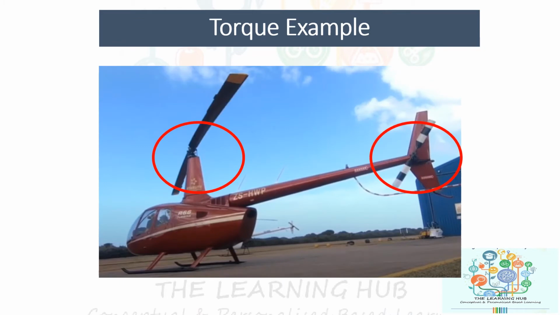Now we'll try to understand a torque example: why some helicopters have two propellers. The main rotor creates lift by redirecting the flow of air downwards. Therefore, the torque tends to turn the helicopter in one way, and the tail rotor thrust opposes this, turning the helicopter in the opposite way. If the tail rotor thrust gets reduced, the helicopter is not able to move forward properly. You must have seen in accidents that the moment the tail rotor is impacted, the helicopter starts rotating in the air, which causes the accident. So this is an example of torque.